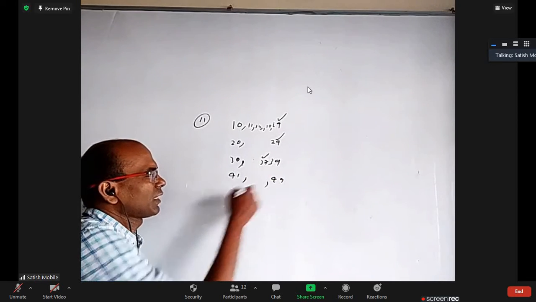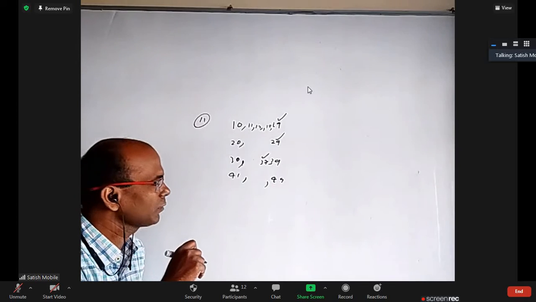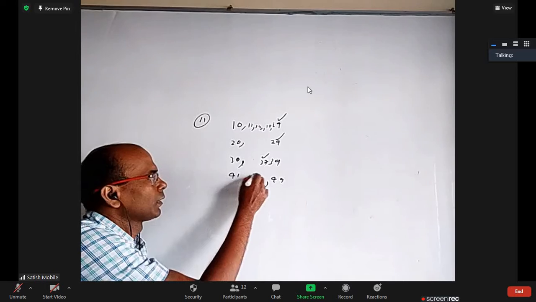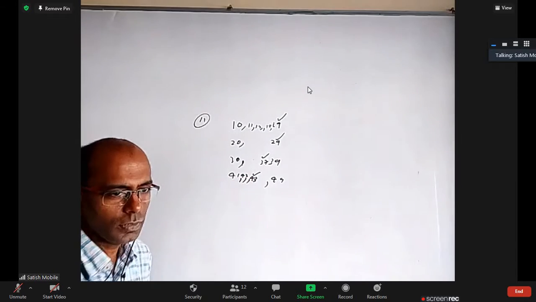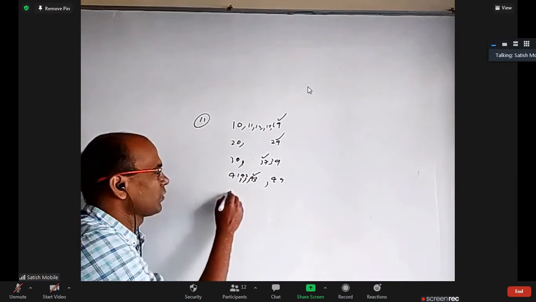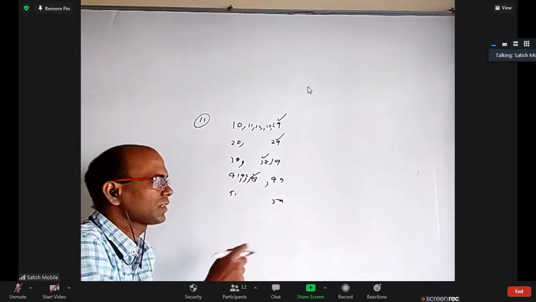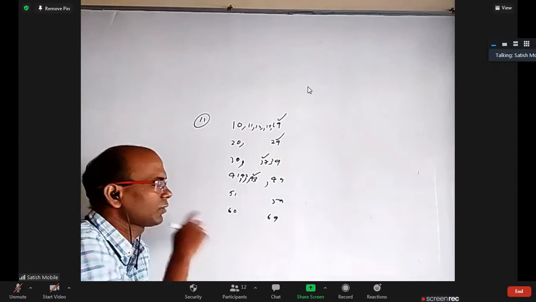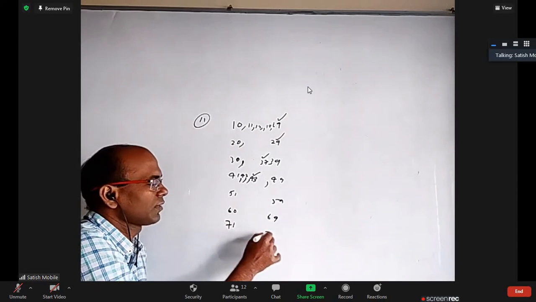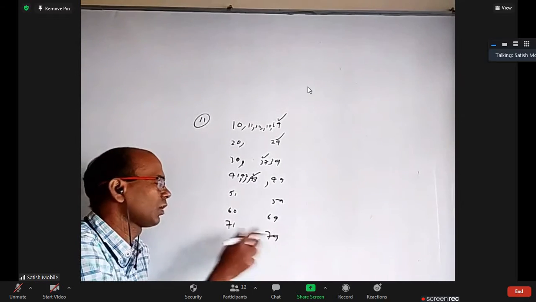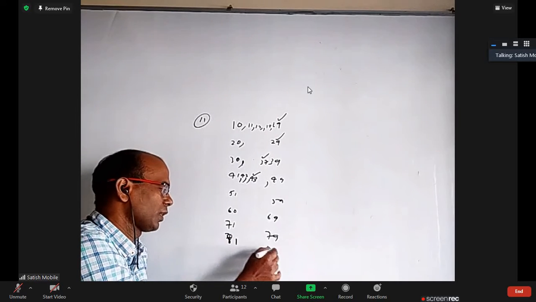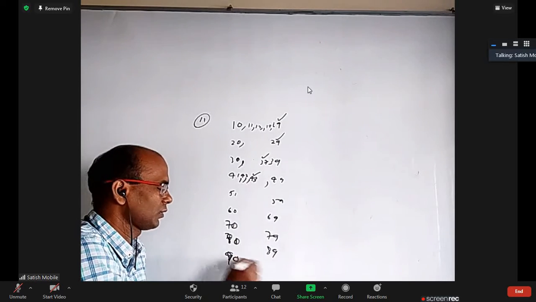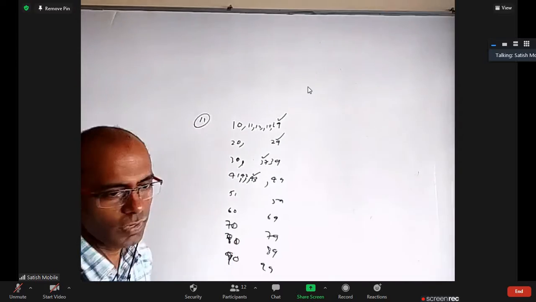Between 41 to 49, some prime number is there. 43 is a prime number. Because 43 is a prime number, everything is similarly almost prime. Between 51 to 59, at least one prime number is there, so they're all almost prime. Between 60 to 69, at least one prime number is there, so all are almost prime. 71 to 79, there's one prime number, so they're all almost prime. Similarly, 80 to 89 and 90 to 99. So 10 to 99, everything is almost prime.